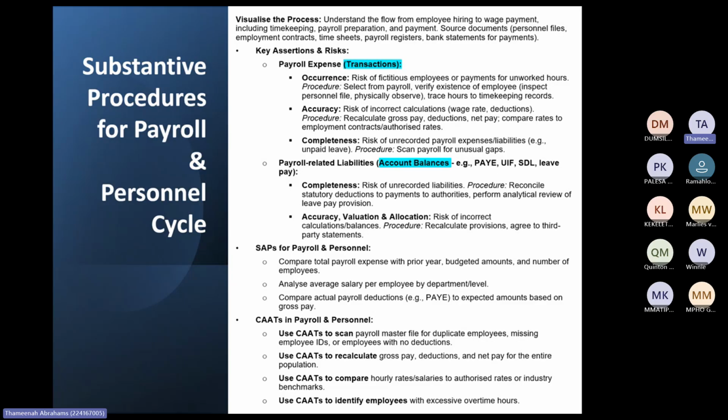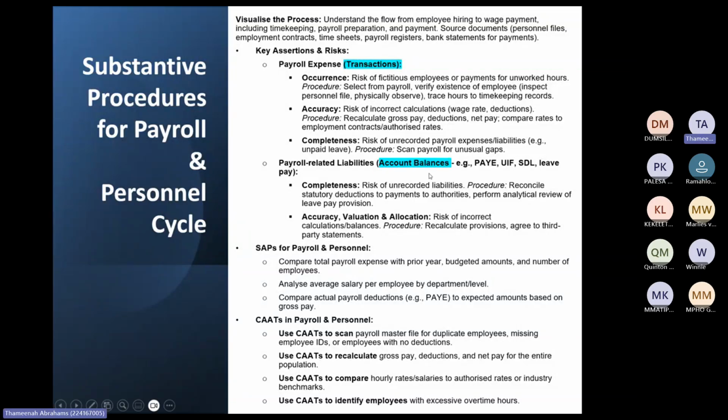So basically what the client must give you here is a leave provision pay schedule, because the schedule will tell you all the employees, their balance as at year end, what their rate was, and what the balance is. Remember you must get the total provision, because if you look at the financial position you only see the total. Hence you need a schedule to see the individuals so that you can perform a recalculation on the individual, and so forth.